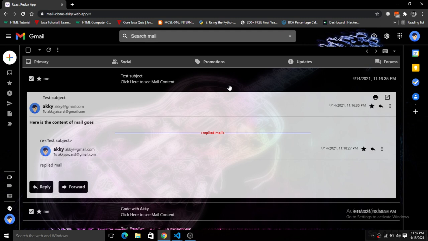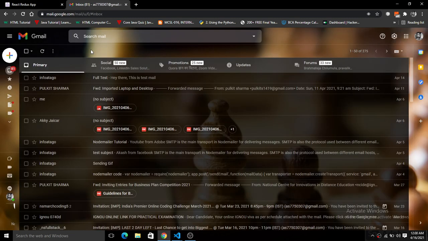So let's jump into the demo of the code first of all. Here you can see we have a Gmail. This is the exact, perfect Gmail that you will see. I will show you both Gmails here.